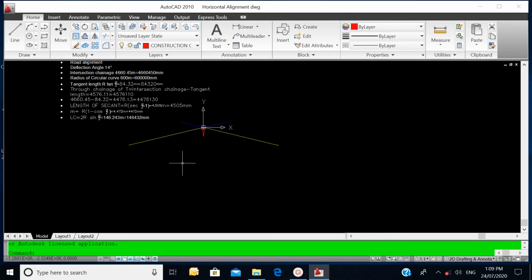Okay, now you can see we've drawn our horizontal alignment, and if you want to watch more on AutoCAD tutorials,